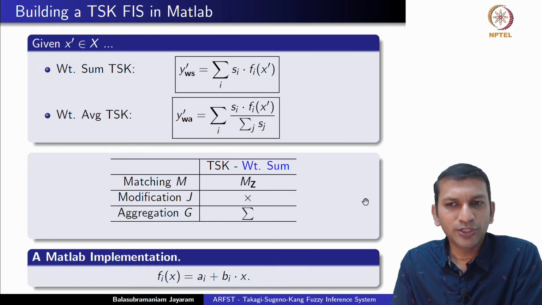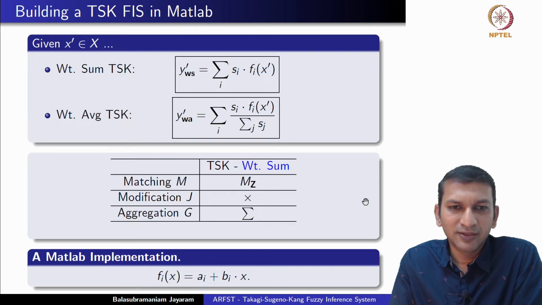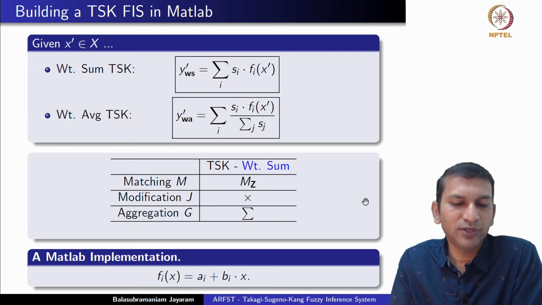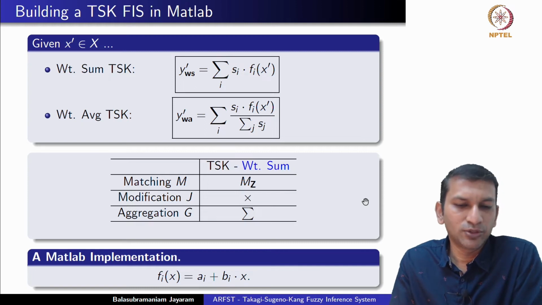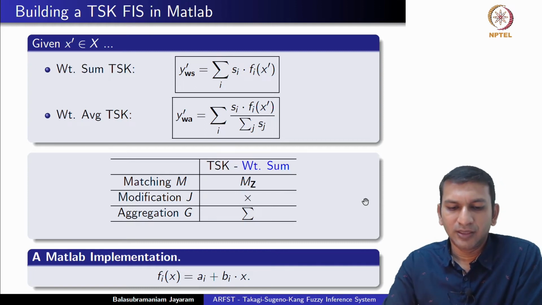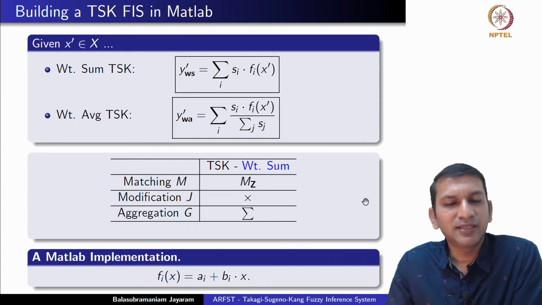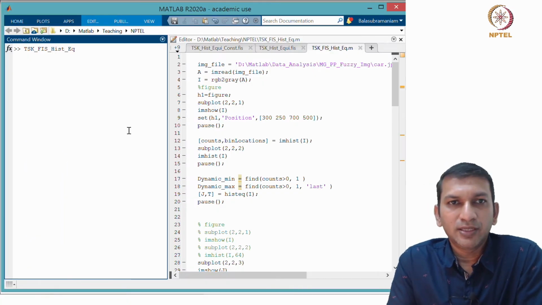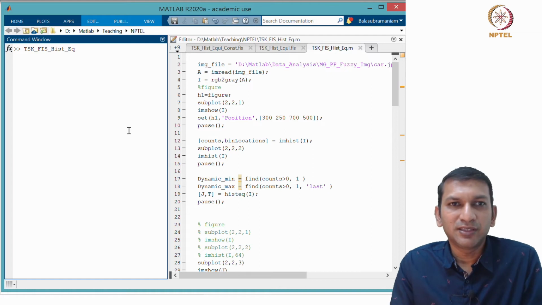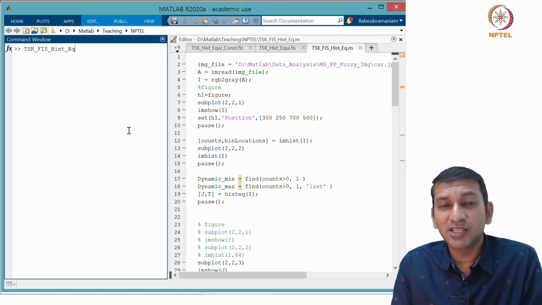And the fuzzy logic toolbox allows you to implement the function on the consequent side either using a constant function or a linear function. That means either you can have just a_i where b_i is 0, or it is a_i plus b_i x for each of those consequents in the rules that you have. Let's look at implementing a TSK FIS in Matlab. Well, what we will do is build a TSK fuzzy inference system to actually capture the behavior of histogram equalization as we saw in the previous